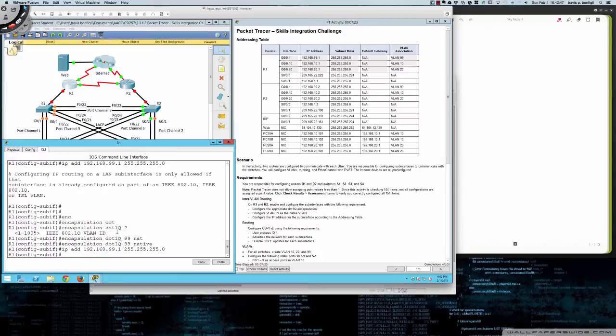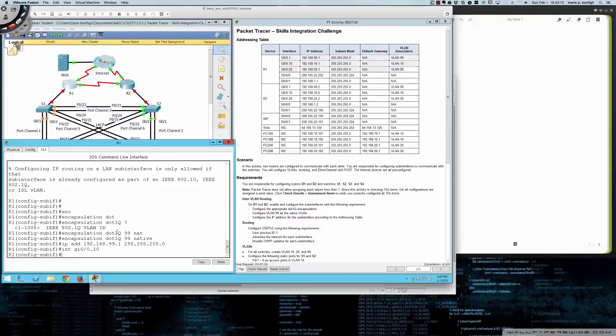So we've configured the subinterface with the encapsulation so that when the packets are showing up off of the switch 1 connection, and that's going to be a trunk link on the switch 1 side, multiple VLANs can show up, which means we're going to be seeing multiple VLAN tags. We need to know which subinterface is going to handle which tags. All right, so now let's go into interface gig